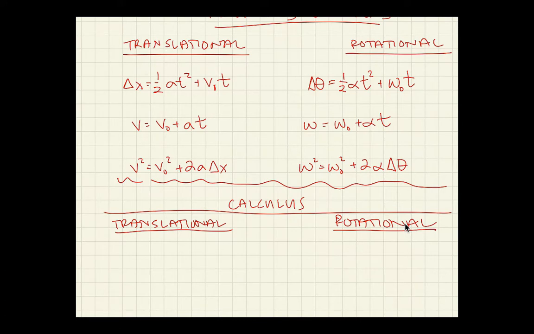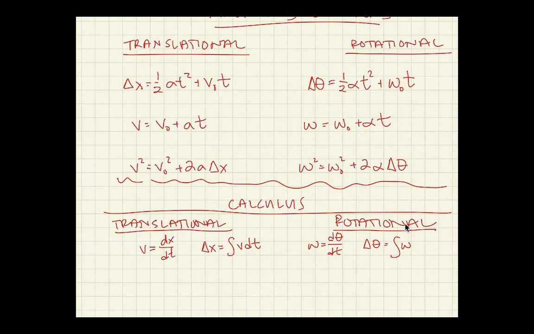Translationally, we had v equals dx over dt, and delta x equals the integral of v dt. Rotationally, analogs hold true. Omega is equal to d theta over dt,